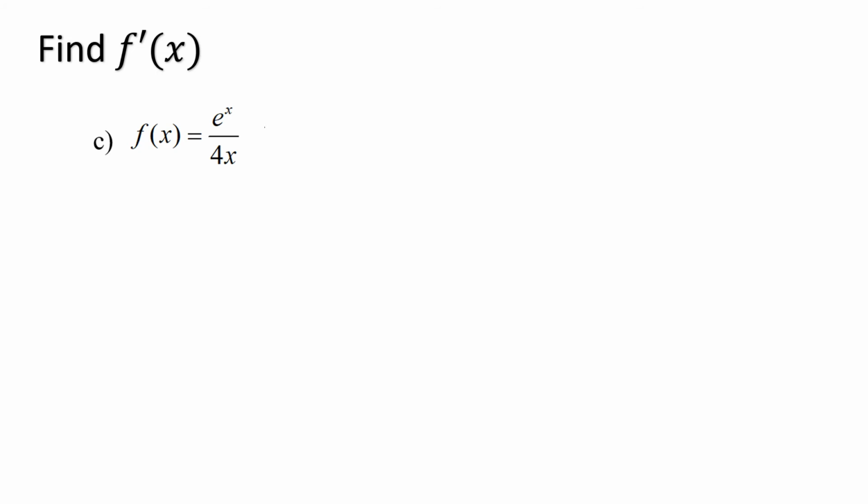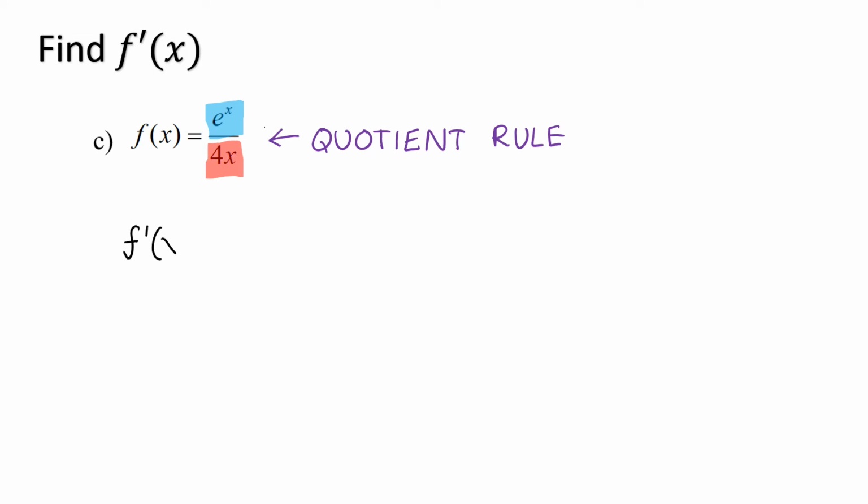Here we have f of x is equal to e to the x over 4x, and we want to find the derivative. This is one function divided by another, so we must use the quotient rule. So in the numerator we have e to the x, and in the denominator we have 4x. And now we can find f prime of x. Be sure that as soon as you're taking the derivative, you write that you're taking the derivative. Otherwise it looks like a strange simplification. So we have